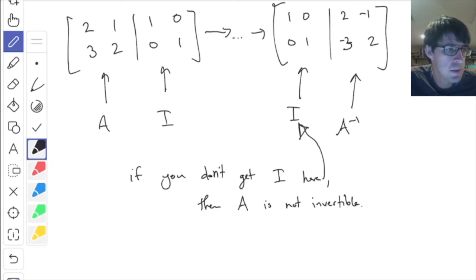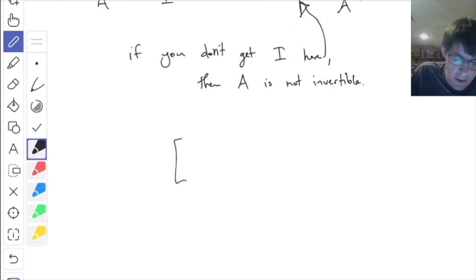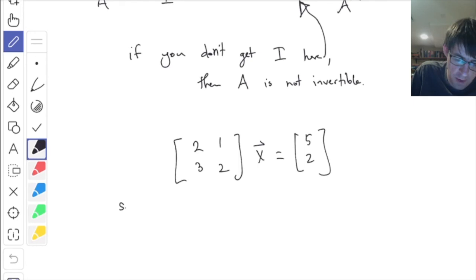All right. This is my brief description of the inverse. What can you use the inverse for? You can actually use the inverse to solve a system by multiplying both sides of the formula by an inverse. For example, if I have 2, 1, 3, 2 times some vector of variables equals 5, 2, if that represents a linear system, I can solve the system by using the inverse. We can multiply both sides by the inverse. We can solve for x